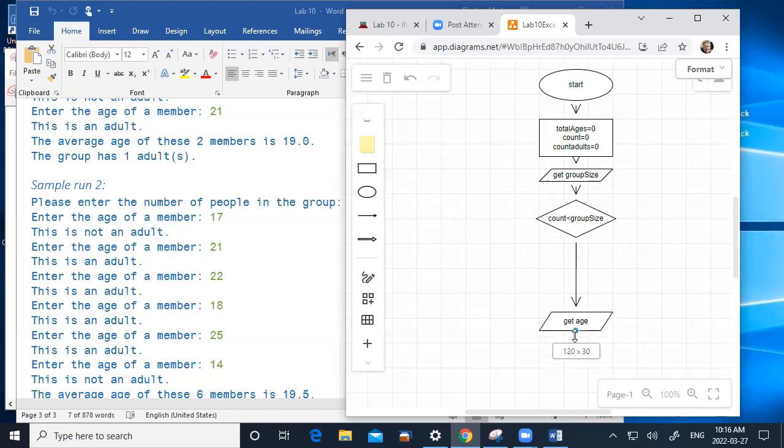I don't think we have any other details. We don't get their name or anything like that. We just get their age. And then from that, we can check to see if they're an adult or not. And so we see if the age is bigger than or equal to 18. Now, if it is bigger than or equal to 18,